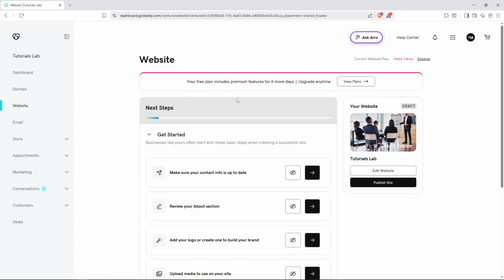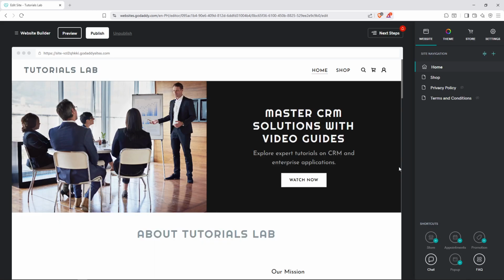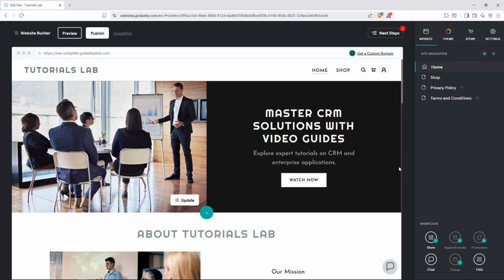Now locate the Edit Website button, which you'll find on the right side part of your screen. This button is your gateway to making visual changes to your site. Go ahead and click on it and your GoDaddy website editor will open. This editor is where all the magic happens when it comes to designing and customizing your website's look and feel. Give it a moment to fully load so you can access all the available tools to change colors and fonts